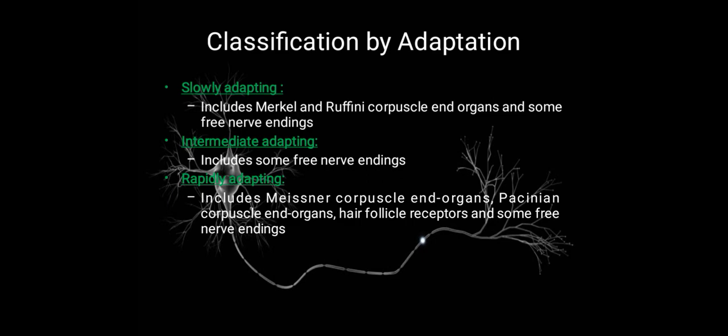Differential sensitivities. Each type of receptor is highly sensitive to one type of stimulus for which it is designed, and yet is almost non-responsive to other types of sensory stimuli. For example, the eyes are highly responsive to light but are almost completely non-responsive to normal ranges of heat, cold, pressure on the eyeballs, or chemical changes in the blood.